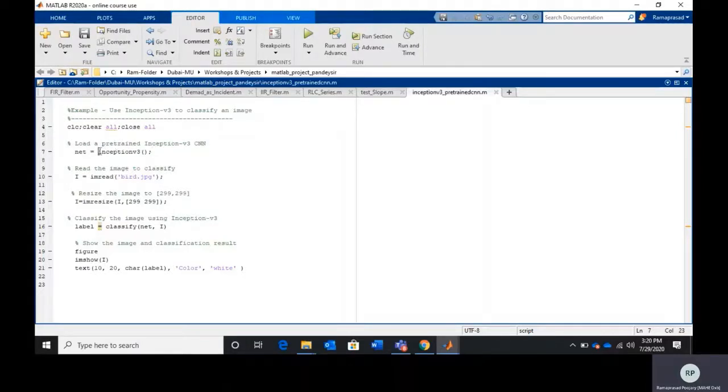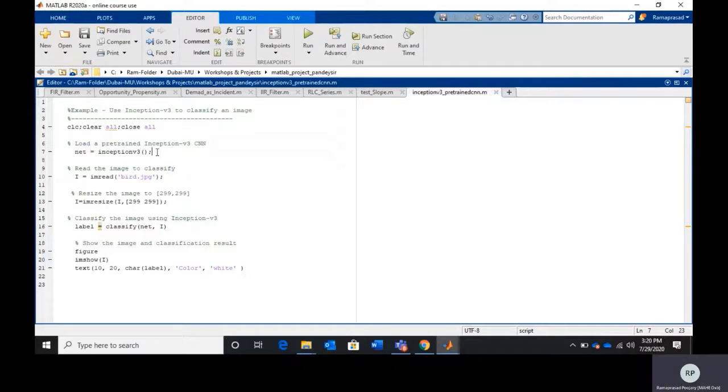You can use the built-in function called inceptionv3. Since I am not performing any transfer learning, the default weights from when it was trained on ImageNet will be used, so I don't have to give any input arguments. This will create the Inception v3 model.